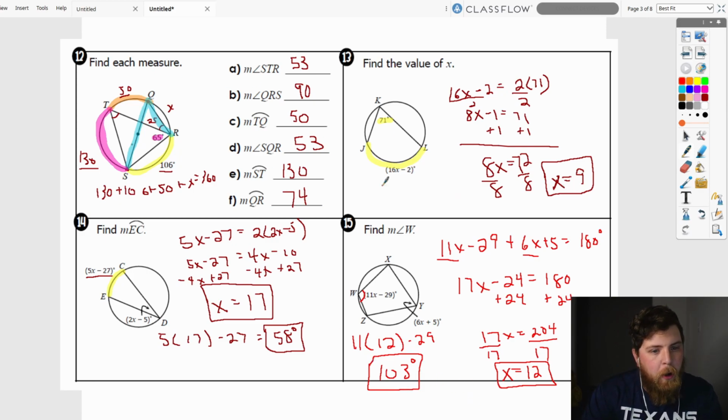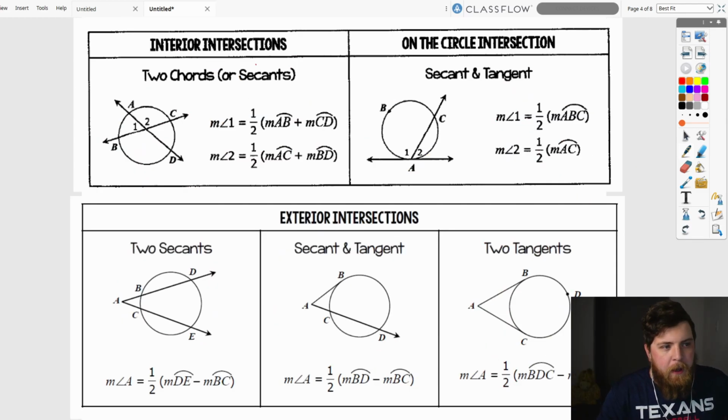Boom. So that's using all of our interior angles, and that covers all of those bases. All right, so the next thing we're going to look at is the interior intersections when we're talking about angle measures. What this states, when these two chords or secants cross on the interior, the measure of angle 1